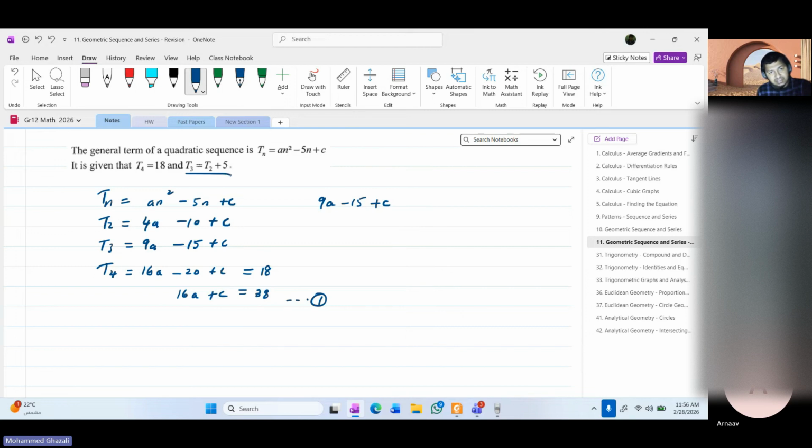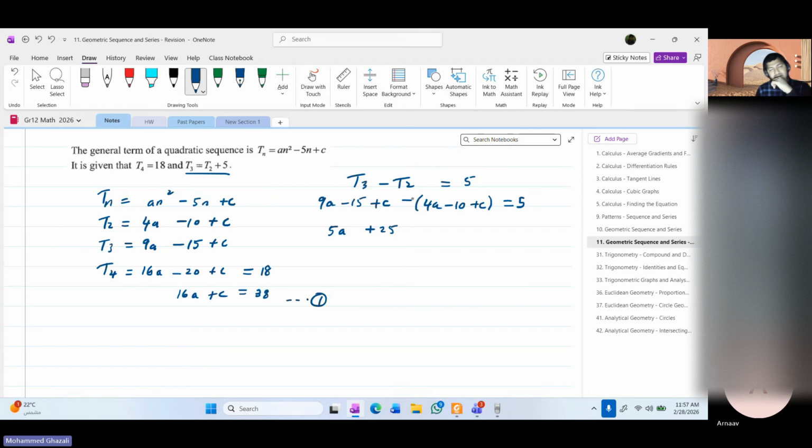It's actually term 3 minus term 2. What's term 2? 4a minus 10 plus c, and that is equal to 5. This is nice because the c's will cancel out when you eventually solve for a. So this is basically term 3 minus term 2 is equal to 5. So 9a minus 4a is 5a. Minus 15 plus 10 is